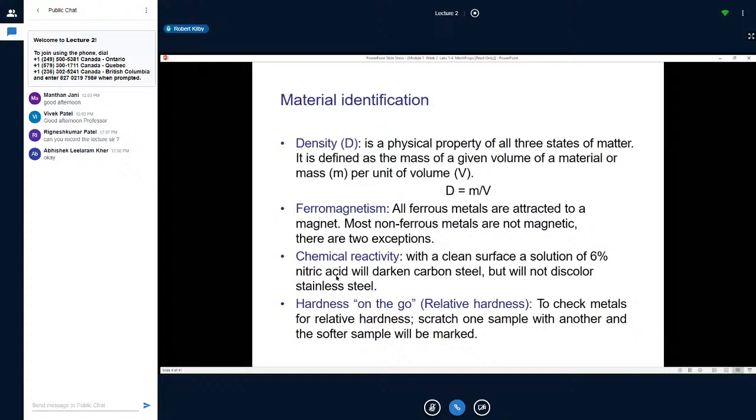Nitric acid is an acid you do not really want to play with. It is one of the more reactive acids, and 6% is a fairly strong solution. Nitric acid is really dangerous. It's not one to play with, okay? You really shouldn't play with acid anyway, but it's absolutely one of the ones you don't really want to have around, unless you're working in a chemistry lab under controlled conditions